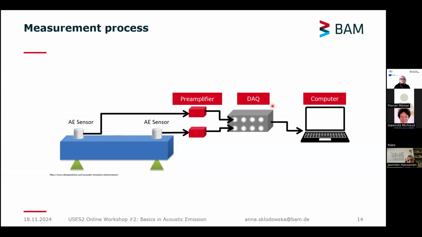In the measurement process, as I mentioned before, we apply some kind of force or some kind of process to our test object. Some kind of crack or thing emitting acoustic emission waves appears, and the waves are emitted inside the solid towards the sensors. Acoustic emission signals are then detected by the sensors as dynamic motions at the surface of a material and are converted into electric signals. Then they are amplified by the preamplifiers and filtered, and then stored and recorded by the data acquisition system. And in the end, we do the analysis on the computer.